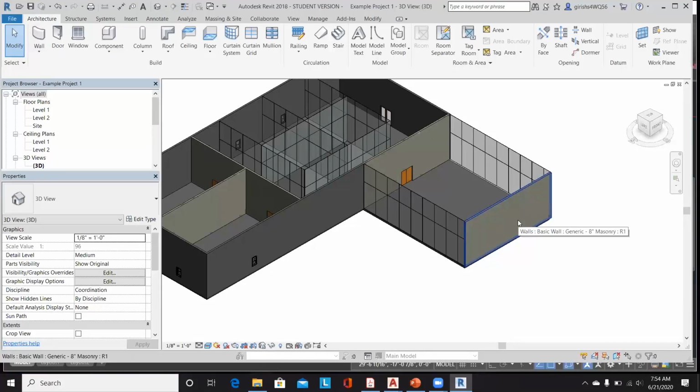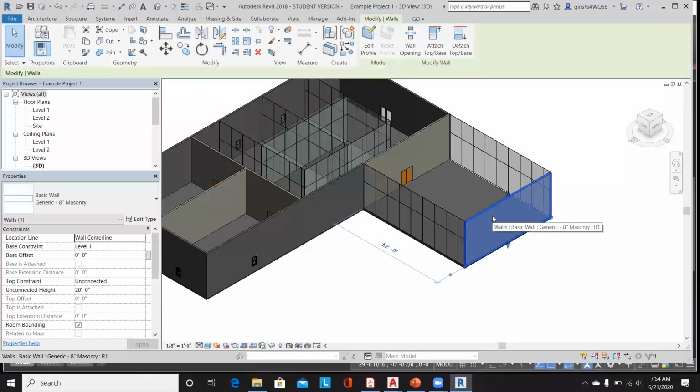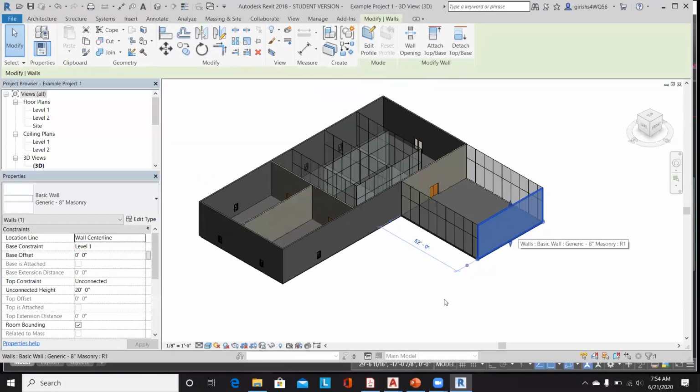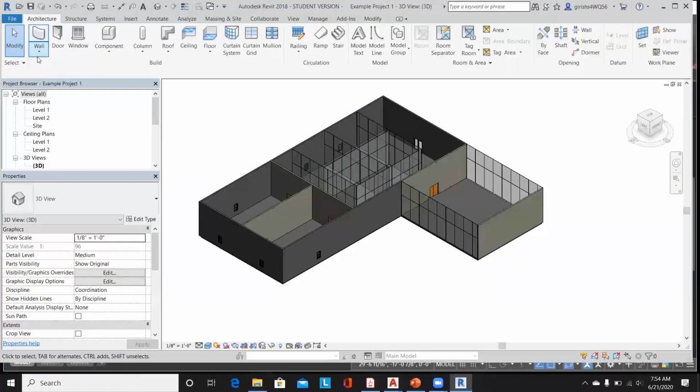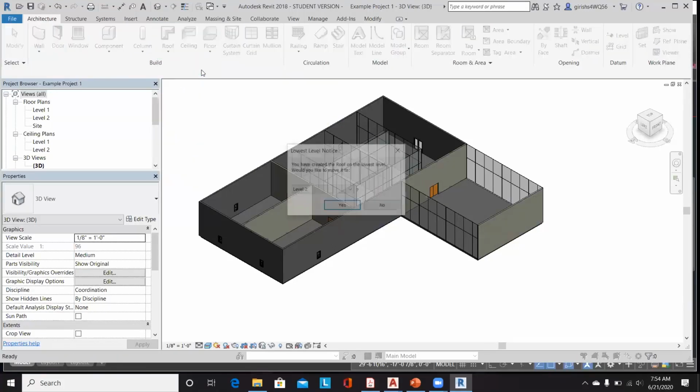But it is not that you cannot model it in AutoCAD. You can definitely model the same in AutoCAD, but the effort you take to model the same is very much minimal in Revit. For example, Revit offers you to model the walls, doors, windows, or you can place certain components, or you can place columns, or you can model the roof by footprint or ceilings. For example, if you want to model the roof,